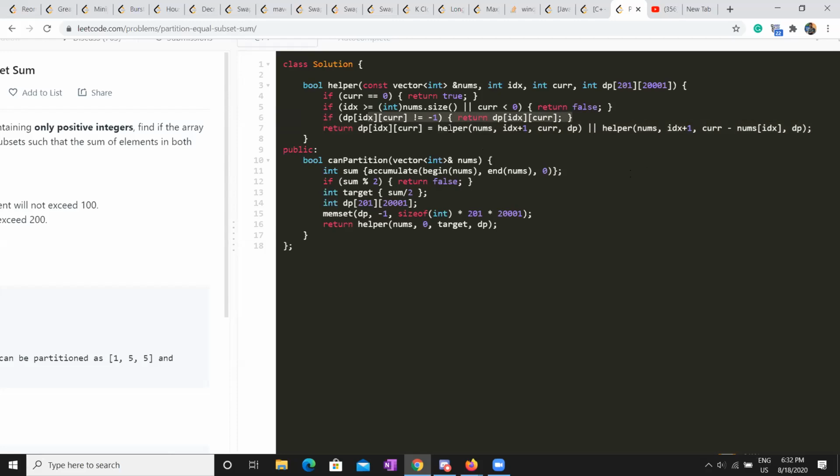One more thing, don't split these two lines. Because this is an OR operator, and the compiler may optimize your code. If any of these is 1, then it will not explore the other branch. If you split this line into two separate ones, then you can explicitly check: if it's true from the first call, then don't call the second helper method. So just keep in mind, maybe you are splitting it and all the time exploring both the subtrees, and maybe you are not getting that optimization.